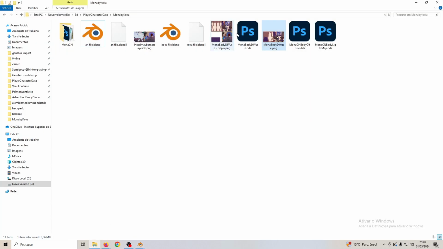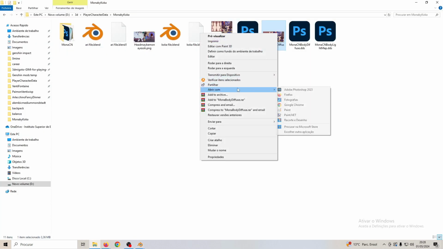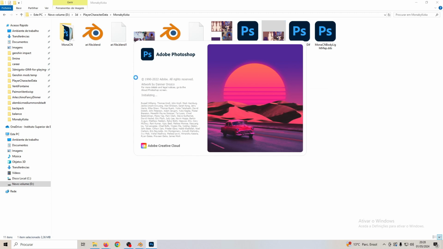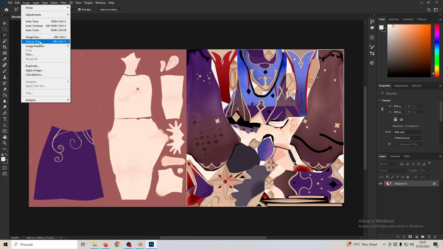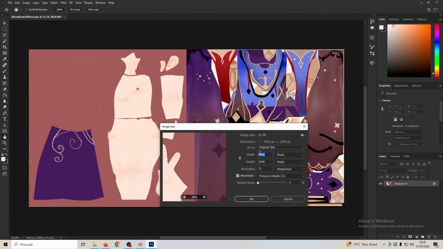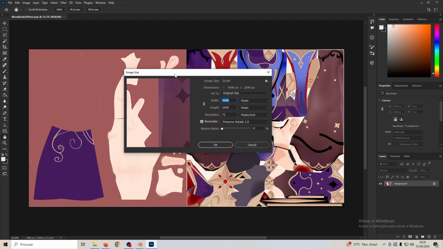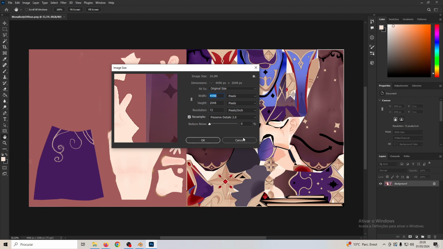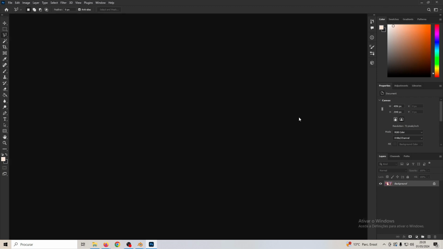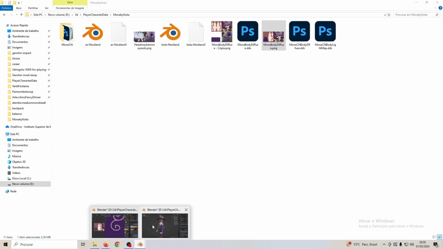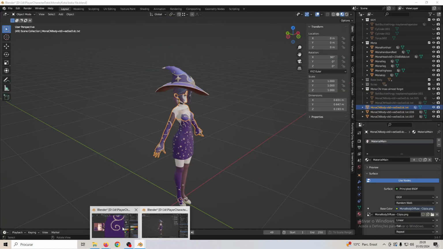And actually, let me check the size just to make sure that I'm not working on something too small. I didn't check before. Just load it in Photoshop and edit it there. Yeah, okay, exactly. This is the size that it's using. It's quite correct. And also the UV parts should be more or less proportional to